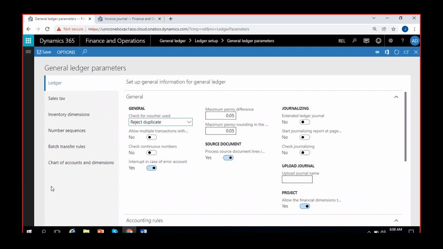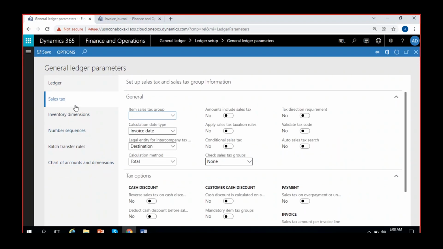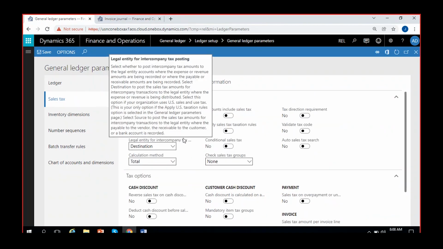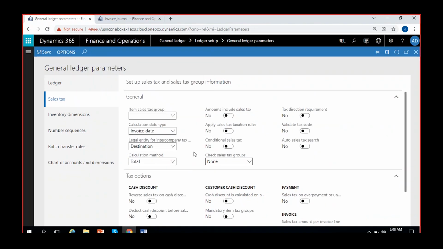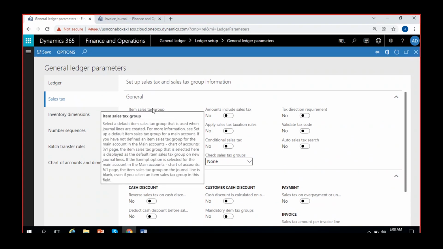I can see here sales tax. We have discussed everything else except sales tax. So we have certain parameters for sales tax. Let us discuss what these are about. When you hover your mouse on one of these, just place your mouse and you will see the details